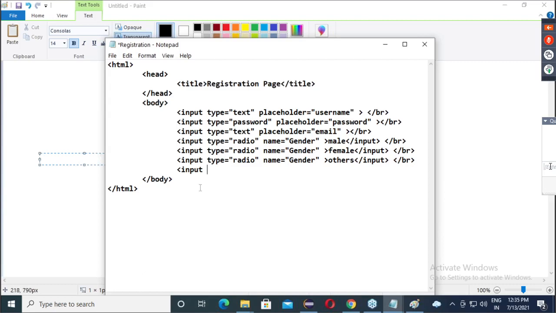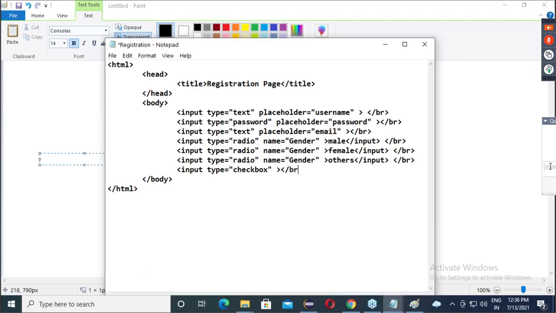So now after this input, what type of field are we trying to create? Checkbox. So input type equals to checkbox. Any confusion? So type equals to checkbox, and after that, I don't think anything else is needed here.